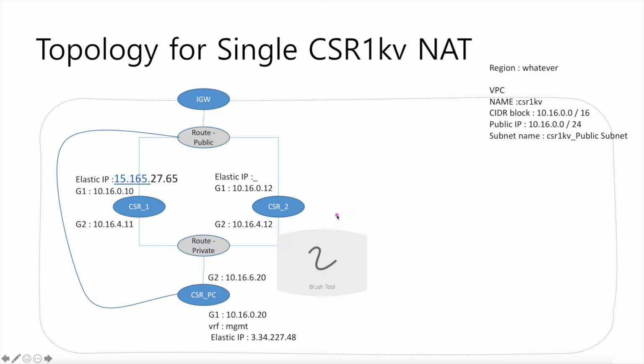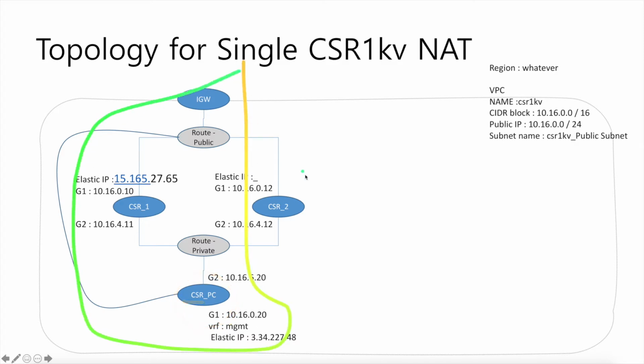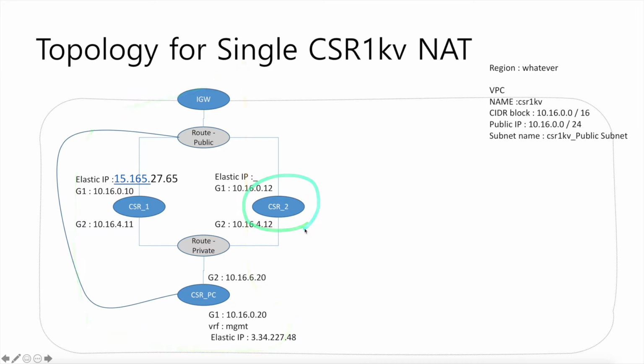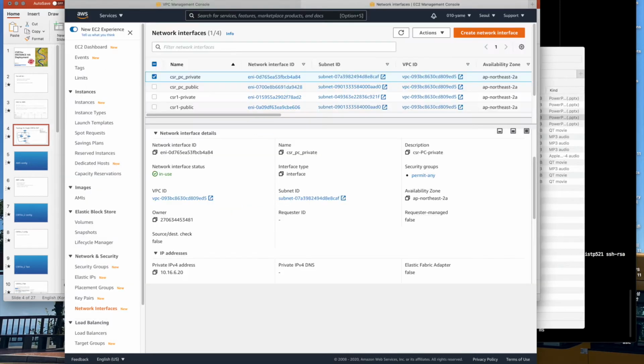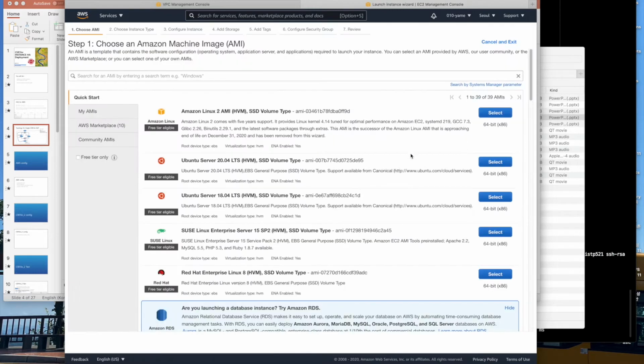All right, these topologies. Last time I didn't deploy this side. One CSR1kv is for the NAT, and the other CSR1kv is for testing, with the Azure PC deployed, and this is deployed. So right now I will deploy another CSR1kv, CSR2, and I will deploy HA3. HA3 is very simple and very easy. Alright, let's go to here, and I will launch